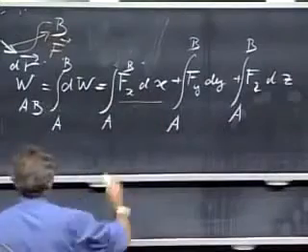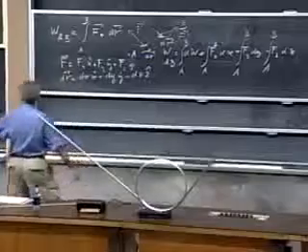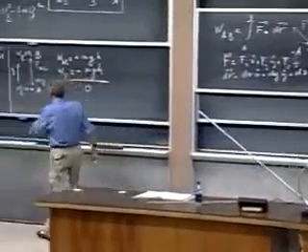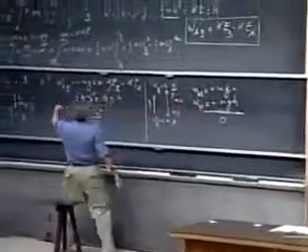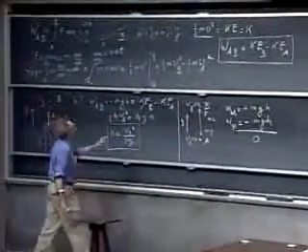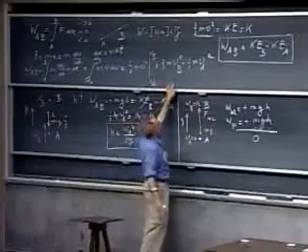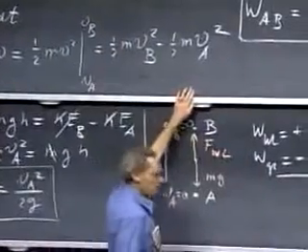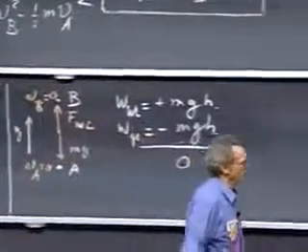This is a one-dimensional problem, and the one-dimensional problem we already know the outcome. The integral of f dx, we found that is 1/2 m vb squared minus m va squared,